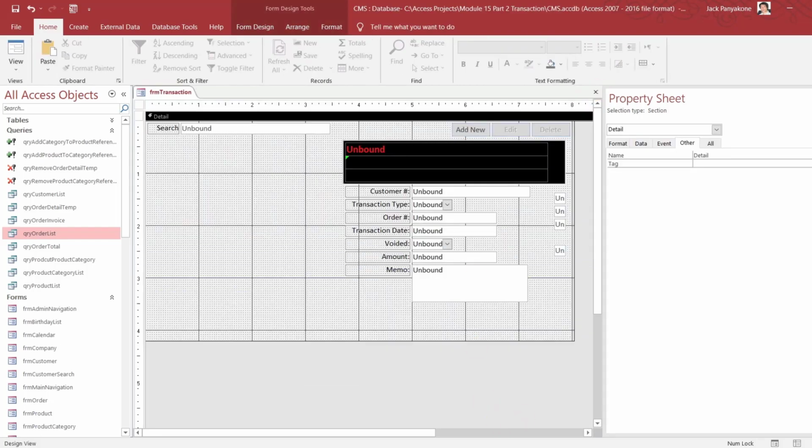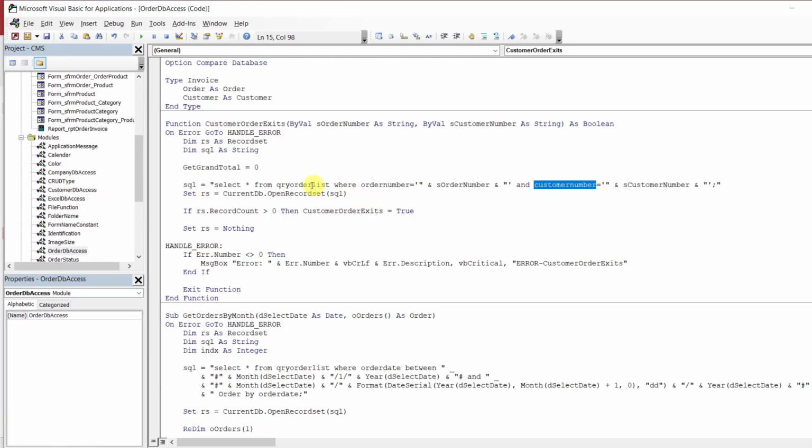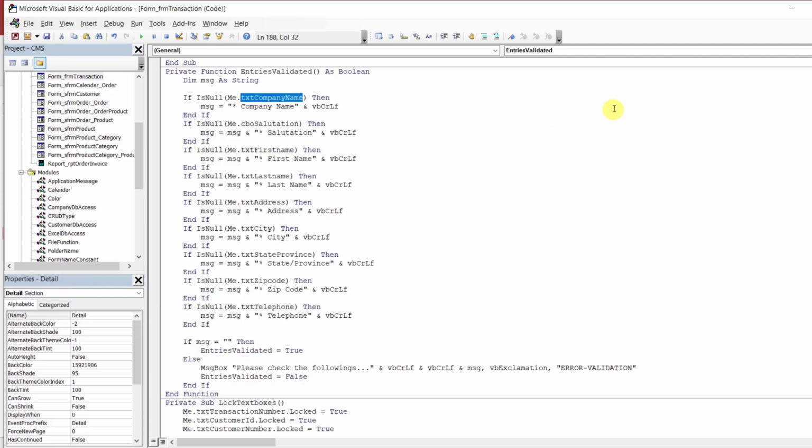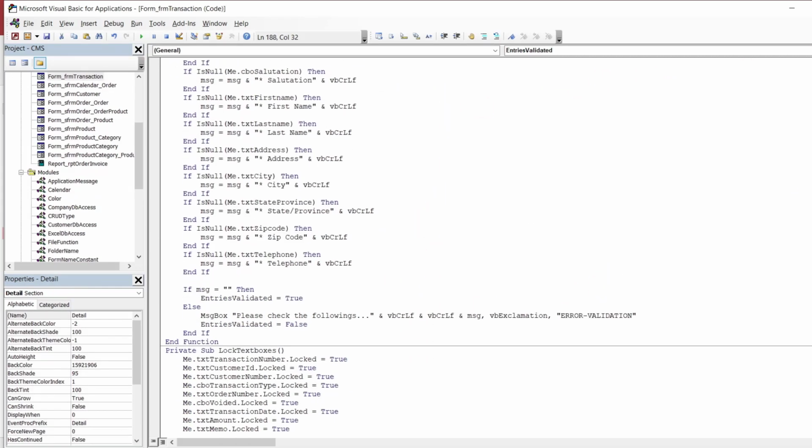All right, so let's get back. That's what we did here. We say, go to that query and see if you have found this order number and this customer. That's all we did here. So here though, the first thing that we check is